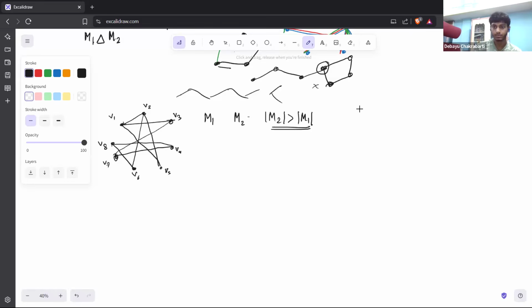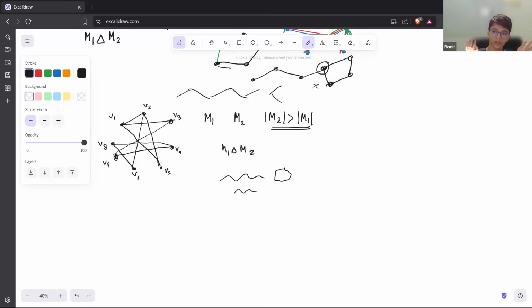Then you take the symmetric difference of these two. So now your thing is only a bunch of cycles, even cycles, and paths. Even cycles don't give you anything extra, so you can just ignore them. And since you have no augmenting paths, you must have even paths with